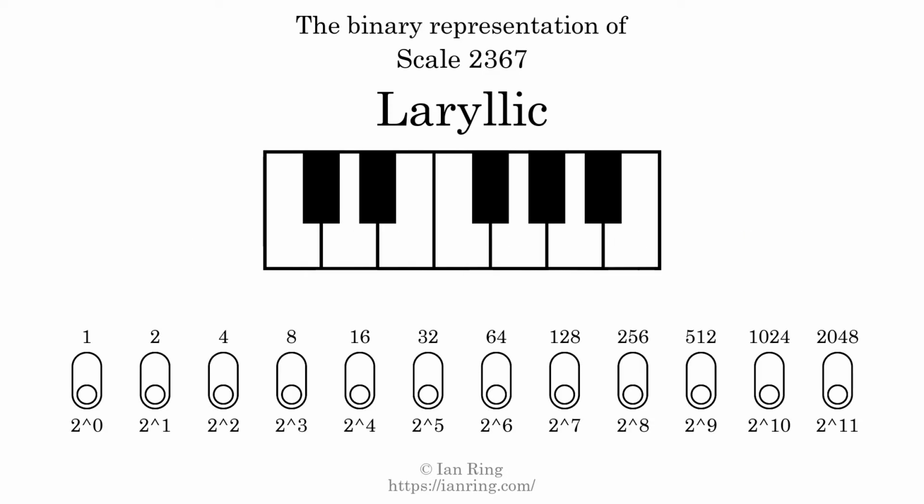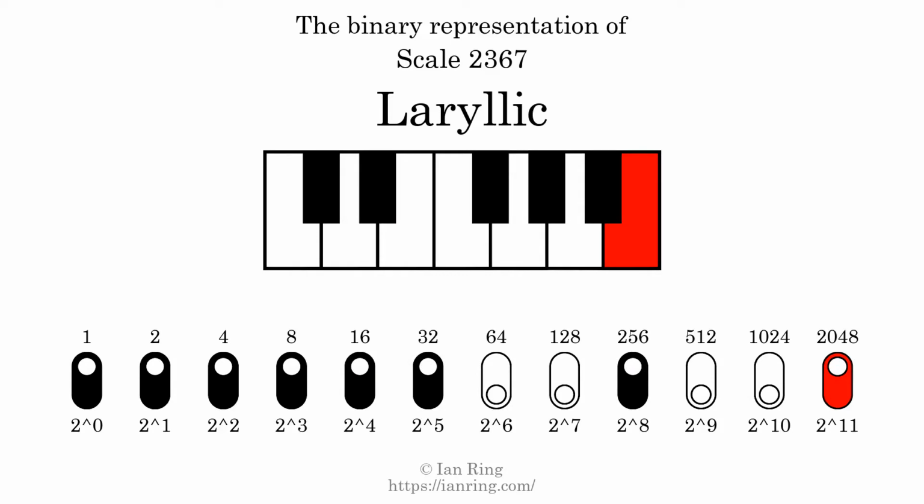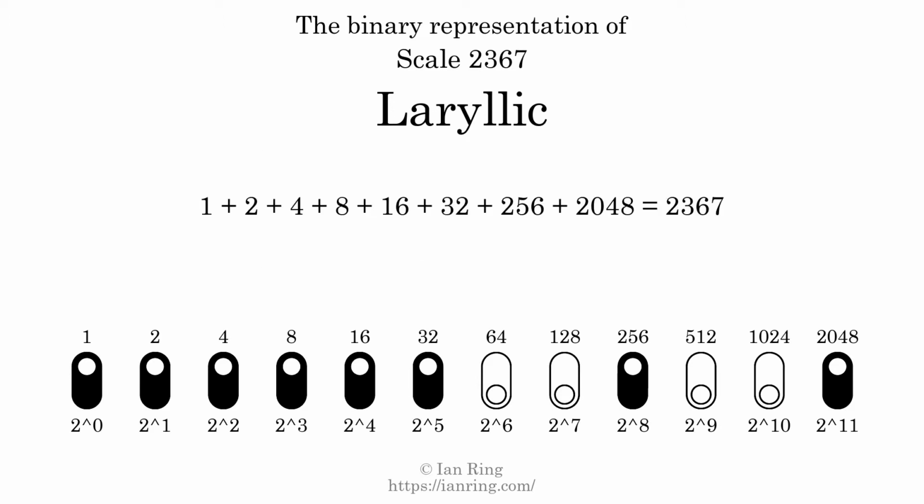The binary representation of this scale is determined by mapping tones of the scale to binary digits. Each binary digit represents a power of 2. To get the scale number, we add the powers of 2 together. The powers of 2 that are present in the scale, all added together, equals 2367. That is why the scale number, in decimal, is